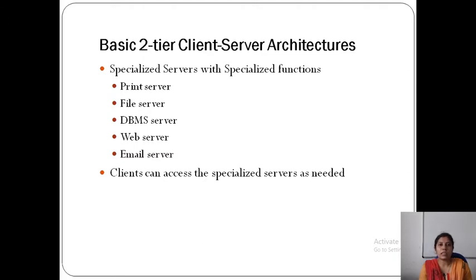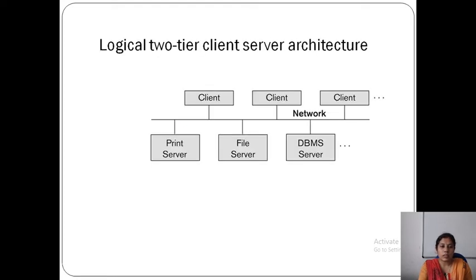Based on the specific application or process, we have a print server, which will service only the print requests, and a file server, which will manage different kinds of files. Then the DBMS server manages the databases. Like that we have separate servers for specific functions. Here you can see the clients are connected to the different servers over the network. Either you can use local area networks or